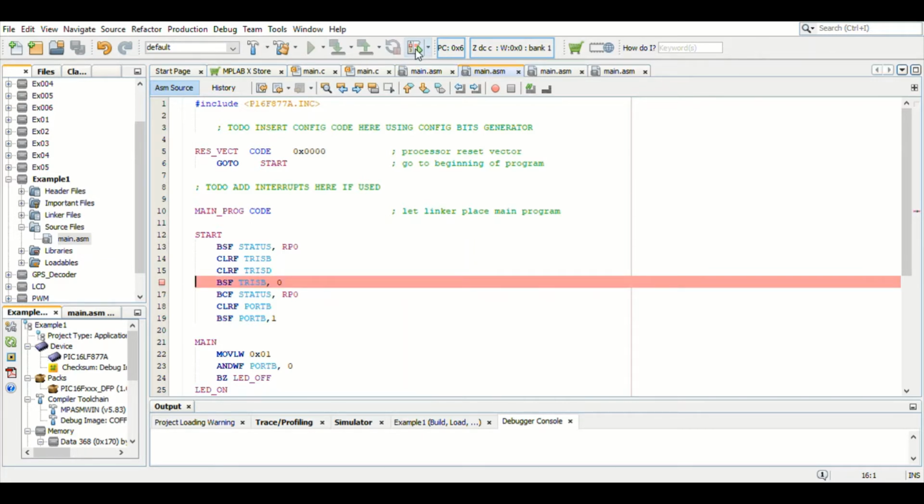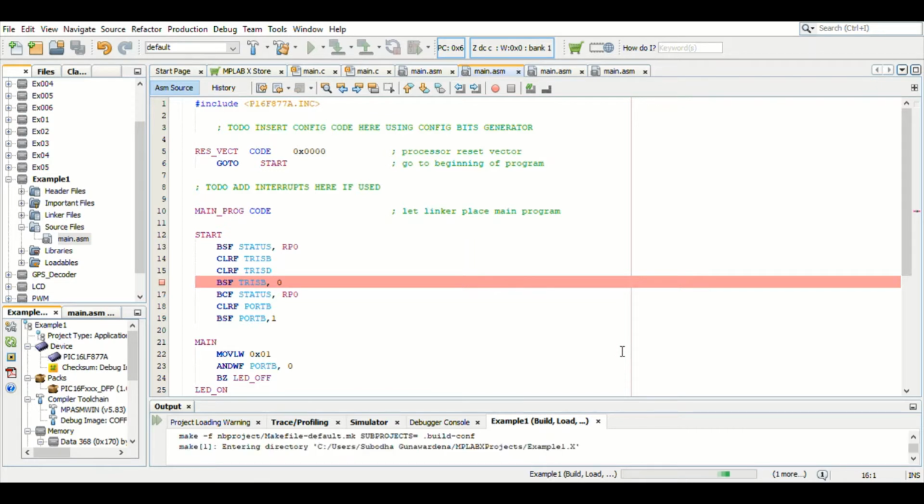Now I'm going to start debugging my program. This will build first and then move into the debug mode. We have to wait a couple of seconds till this finishes building and moving into the debug mode. Okay, the program has successfully built and it will move on to the debug mode now.